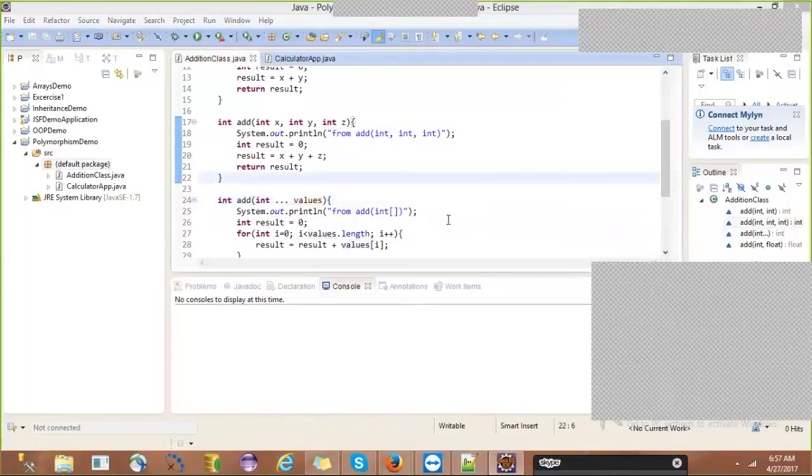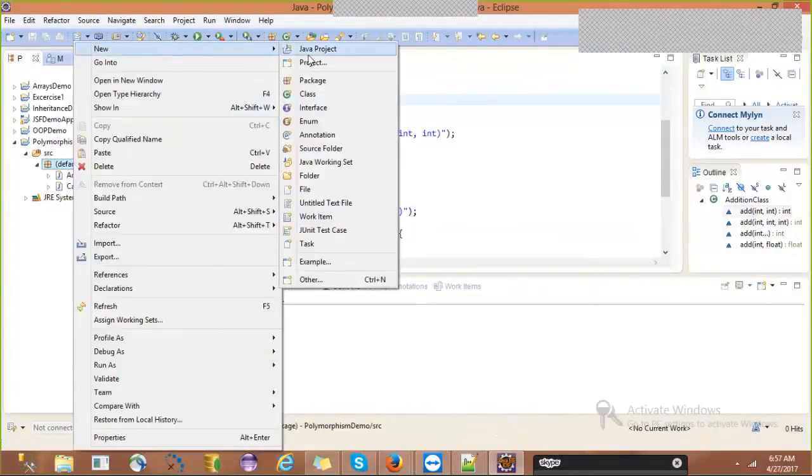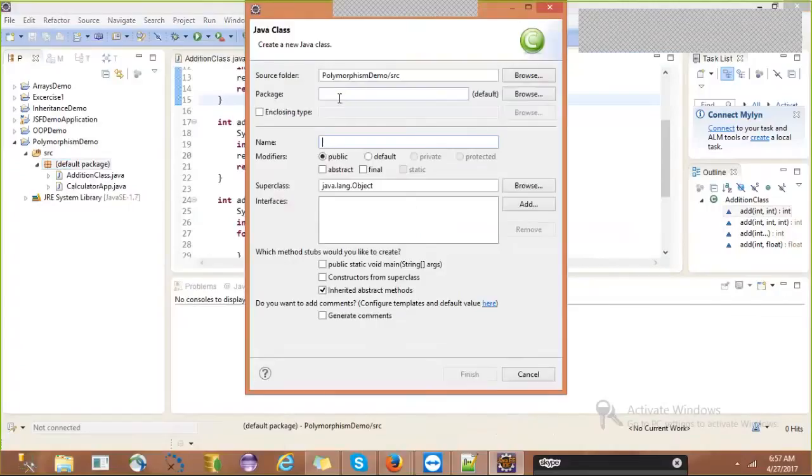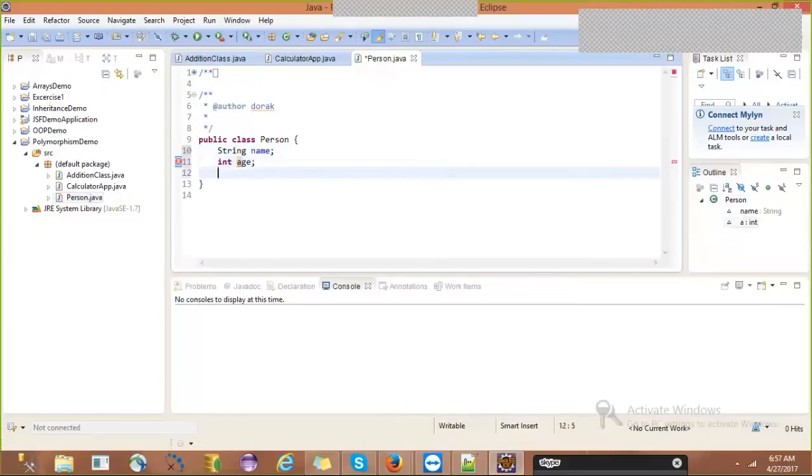Now let us see that example. Let's take that example and let's write the code. So instead of copying the code, I'll type the code once again. In our hierarchy, which should be the parent class, the person, right? Take the person class, generate comments. In the person class, what are the properties that we need? String name, int age, char gender.